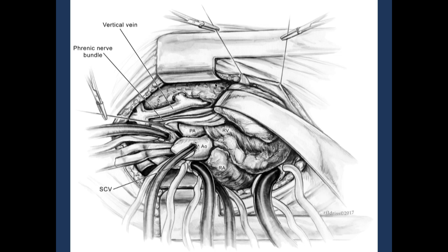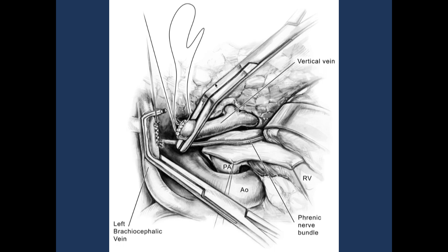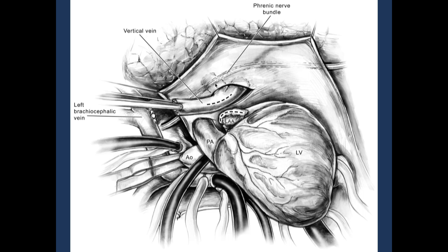And the idea is to disconnect this vertical vein, oversew it, and then somehow to get this red blood back to the red side of the heart. And one can see here an incision that can be made. This is a left atrial appendage, not the right atrial appendage. Now the idea is to suture this left atrial appendage to that